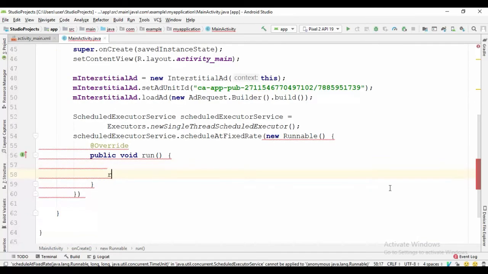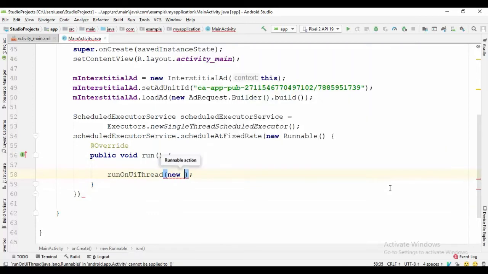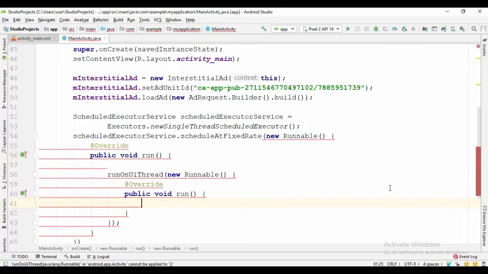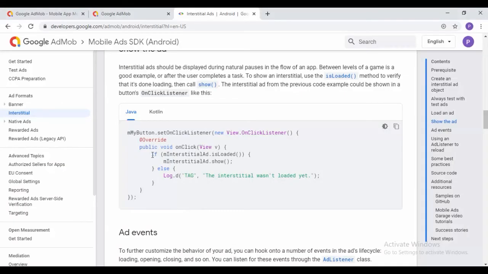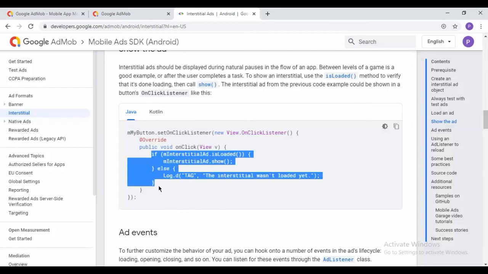Inside the run method we will type runOnUiThread, new Runnable. This will also generate a run method, and here we can paste our code. So go back to our documentation page, and here we will paste the if else statement.